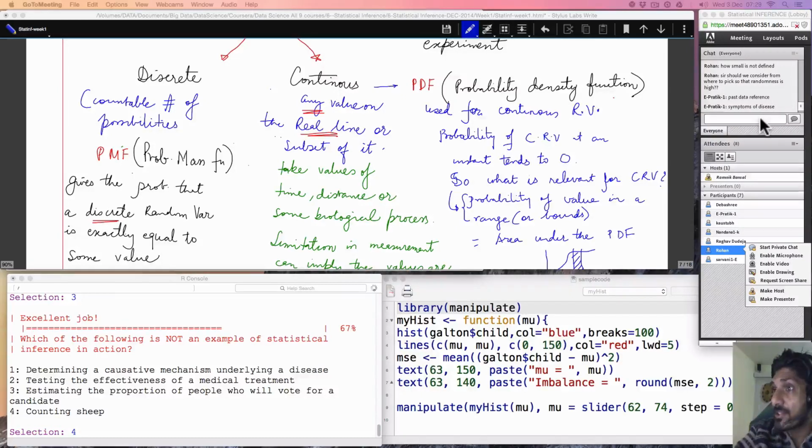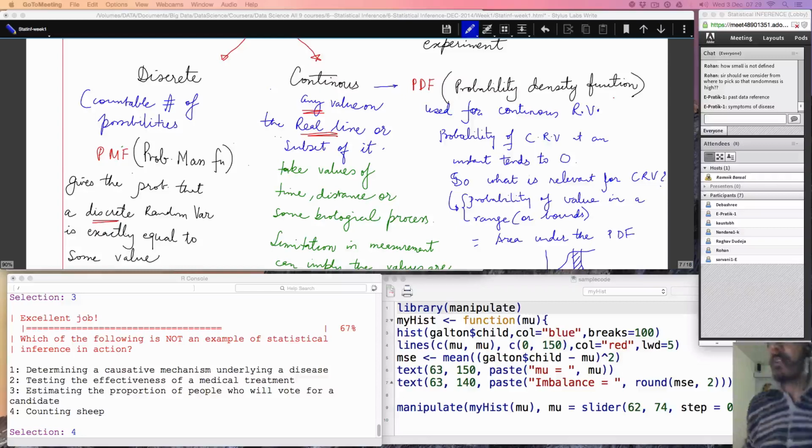Right. So we're capturing it from the symptoms of the disease, or how are we capturing it? Data is incomplete. Right. The main thing is, we will never have all the causes, right? So our data is incomplete, plus we will have a limited number of patients who have that disease, right? So the main thing is that we have limited, incomplete data. Not everyone has the disease. Only those who have the disease, from there only we can deduce, right? Similarly, testing the effectiveness of a medical treatment, only because some patients we will test the medicine on, right? You don't keep testing it on every single human being, right? Similarly, all the rest are anyways obvious, okay, right?